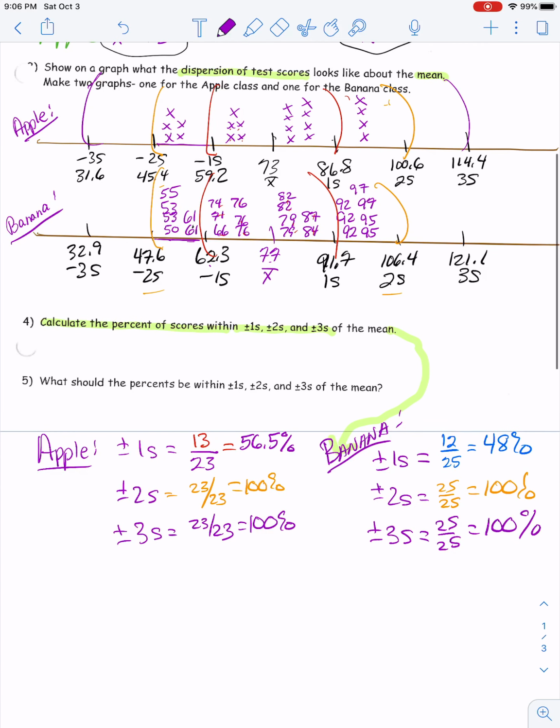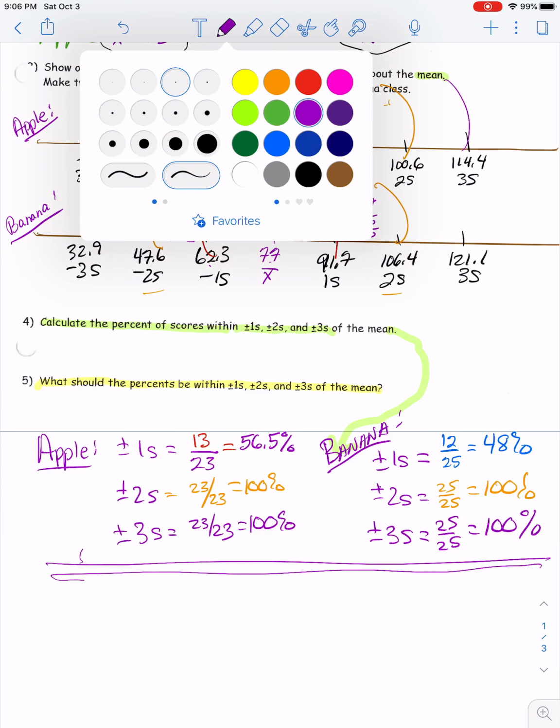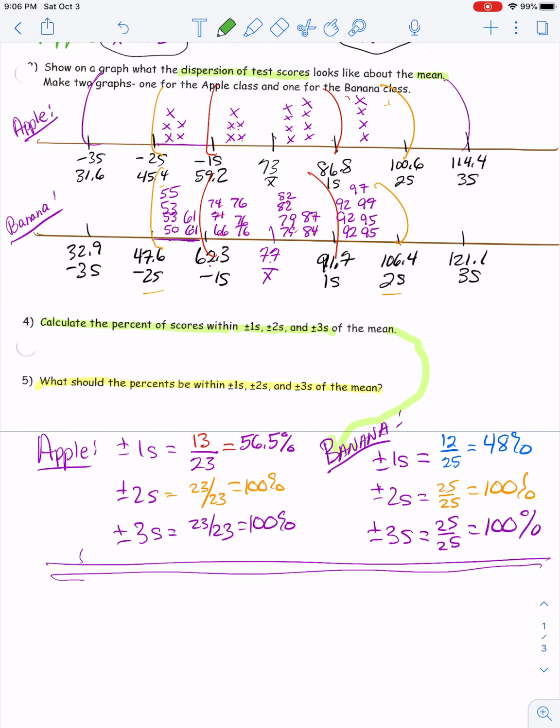Okay, so this apple banana data is experimental. It was observed, okay, and these are the percentages that just happened to work out within 1, 2, and 3 deviations of the mean based on our calculated mean and standard deviation that we created the number lines from. Okay, so the last question on here is, what should the percents be? Okay, what should they be, meaning what do we expect them to be based on theory? Well, the empirical rule tells us that we should expect within 1 deviation of the mean,